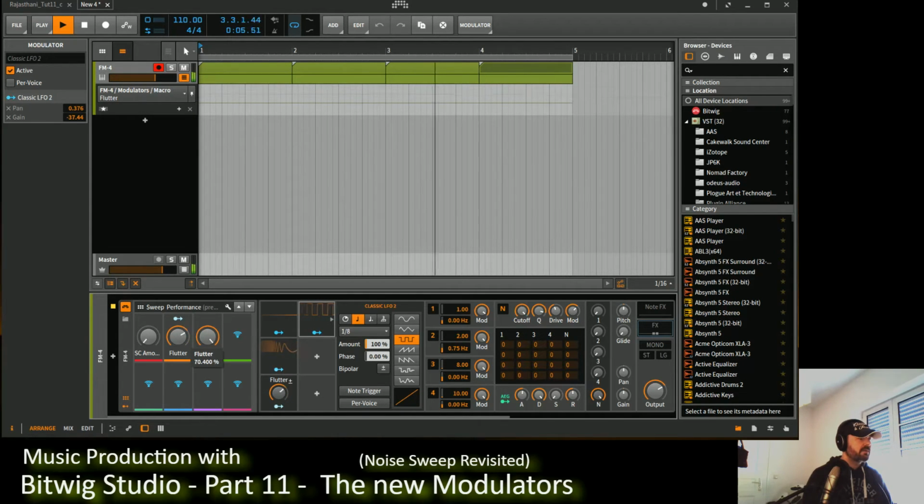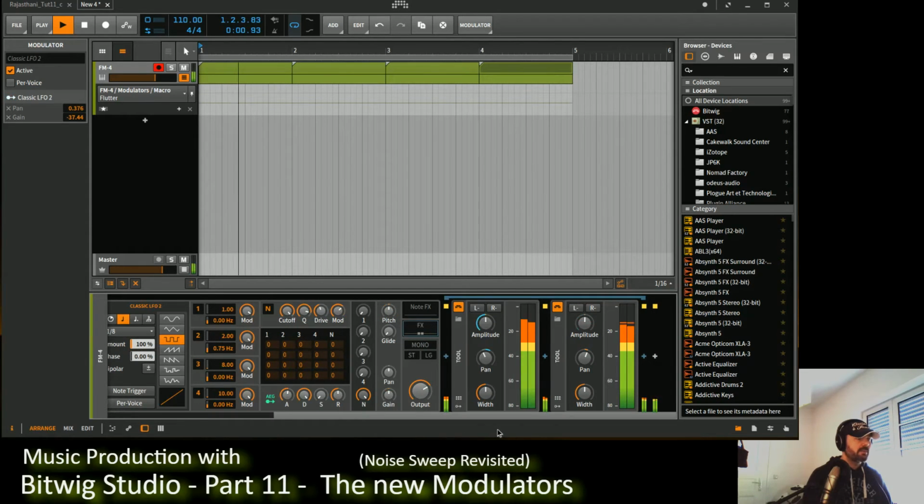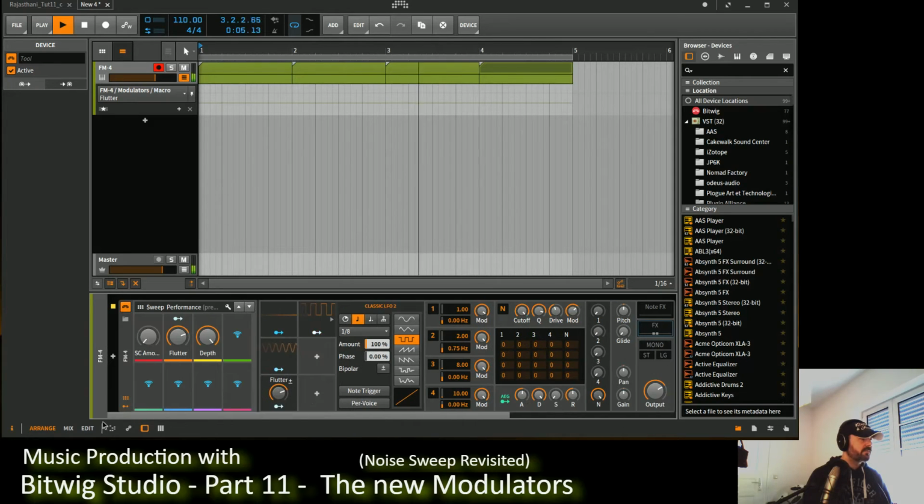And we could even use the flutter effect additionally without causing any problems on the amplitude here going crazy, because these are different instances of the tool, if you want to call it this way. And then there's the sidechaining here, which can also be combined with